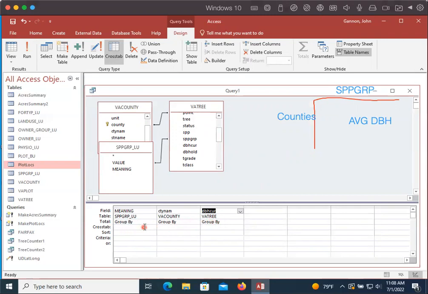For crosstab, if we see what options we have here, we have row heading, column heading, and value. So this is the row heading, this is the column heading, and then this is the value. SPP GRP is going to be our column heading. County is going to be our row heading, because that's this. And then DBH cur, or current DBH, is going to be value, because that's what we want in the table. Now, importantly, we don't want that grouped. We want average. And maybe you want total or minimum or maximum, but for us, we want